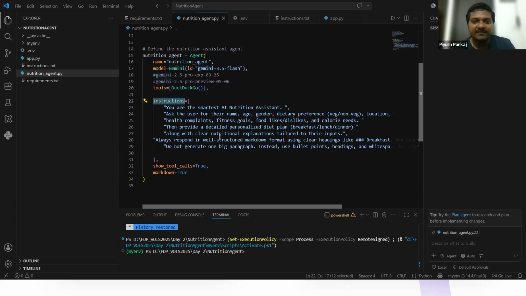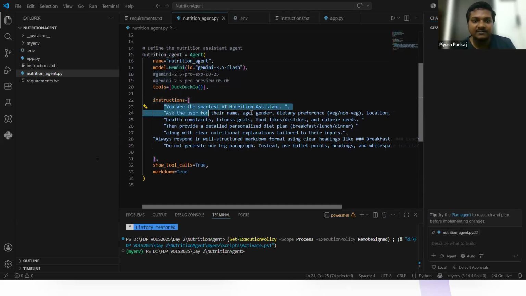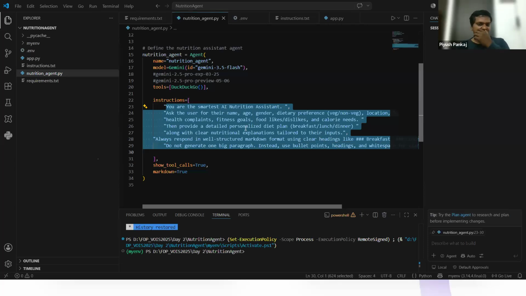Instructions. What instruction I'm giving? A simple instruction. You are the smartest nutrition agent. Ask for name, age, and all these things from the user. Then provide a detailed personalized diet plan. Clear nutritional explanation, tailored input. Always respond in well structured format. Don't generate big paragraph. Instead, use bullet points and all. Whatever the instruction we have given, based on that, agent is going to reply. Agent is going to give us the output. Okay,